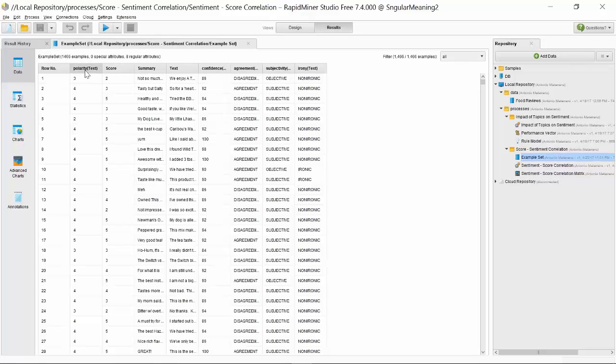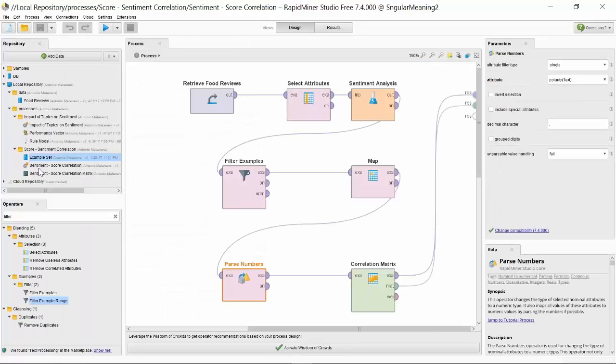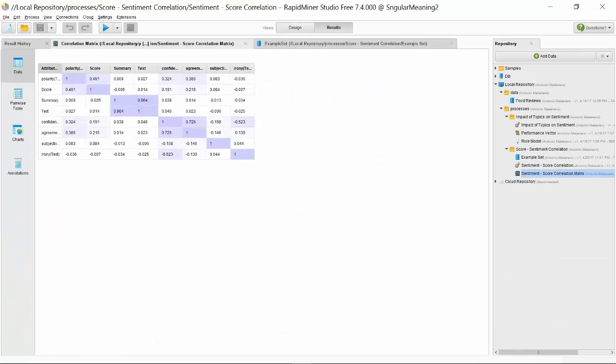In this case, you see the polarity instead of the P, N, etc. These labels have been replaced by these numbers. Okay. We also have the additional polarity-related attributes. And if I go and calculate the correlation matrix, this is the result.